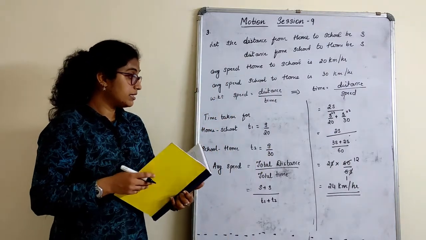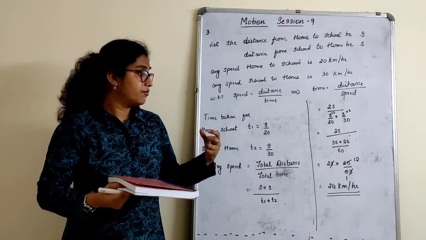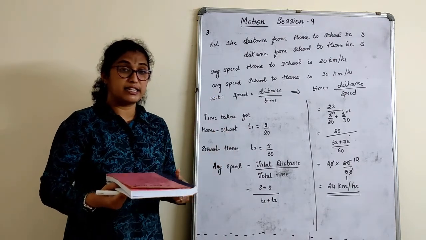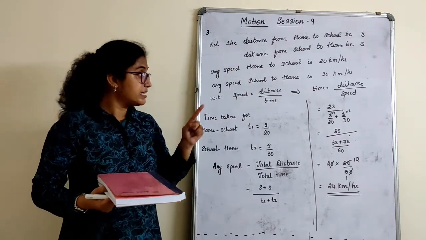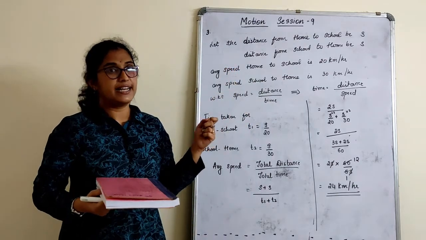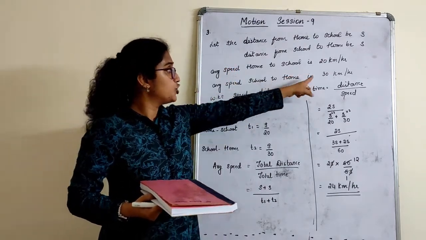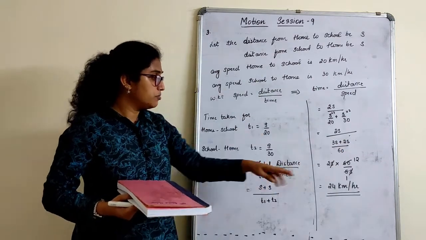Right? So see, the fun thing is the answer is correct. Whichever textbooks I refer, 2-3 different science textbooks, some say 40, some say 30, but the back answer what they have given is correct. That means it should be 30 km per hour only. By mistake they have given it as 40 km per hour. So change this to 30. If it is already 30 in your book, don't break your head on that. Do the sum as it is.